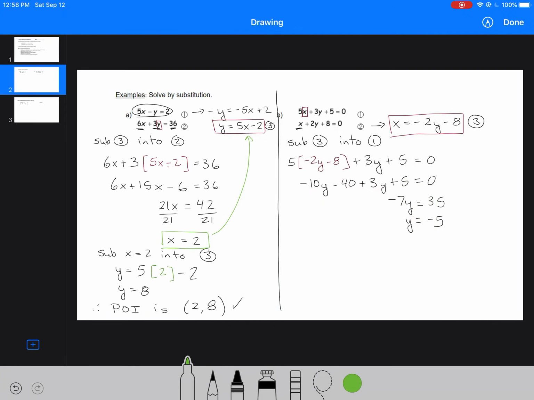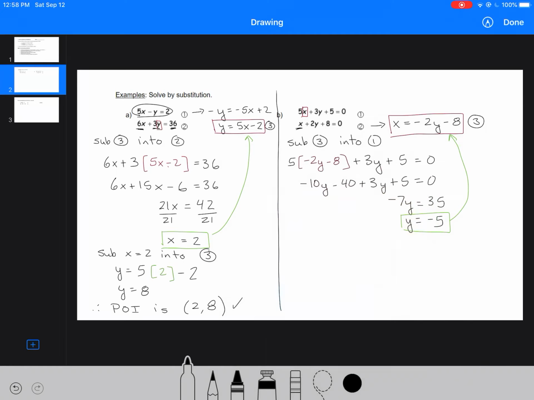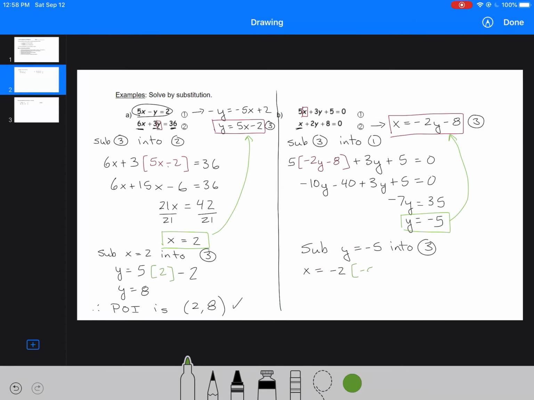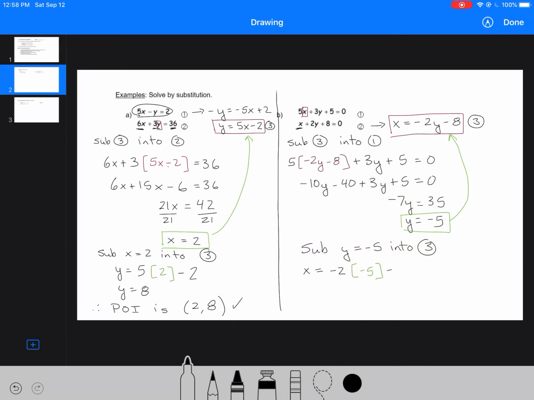So now what I'm going to do is take that value for y and substitute back into that relationship that I created. So here we go. So sub y equals minus 5 into my x equation. And I've got x equals minus 2 times minus 5 minus 8. And then I can simplify that. So 10 minus 8